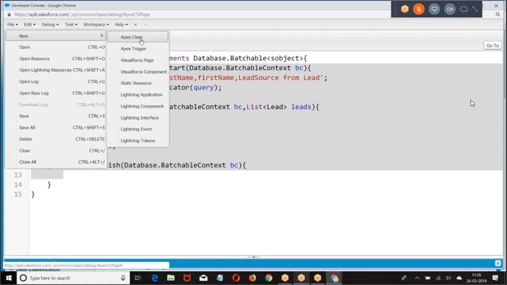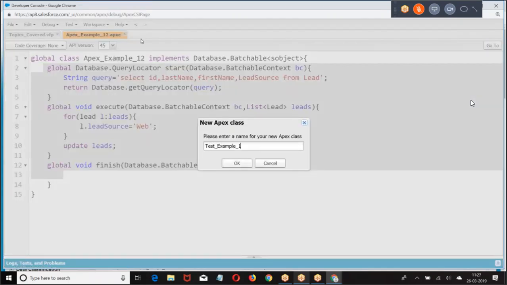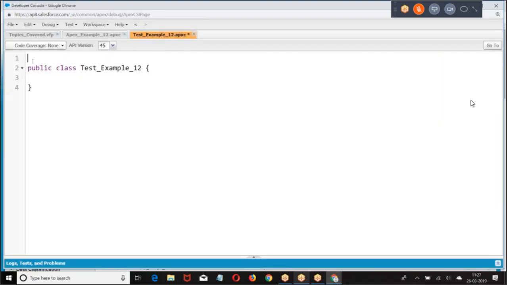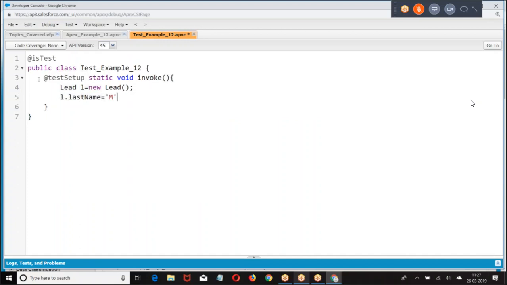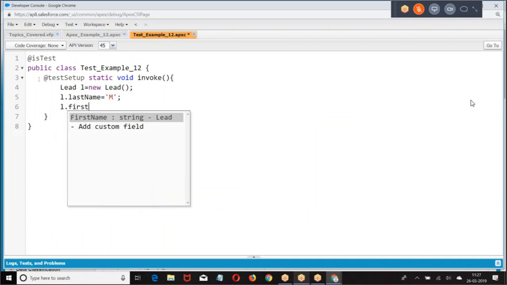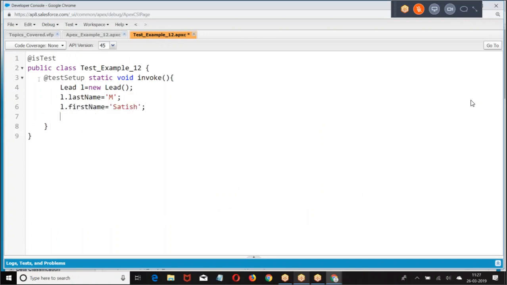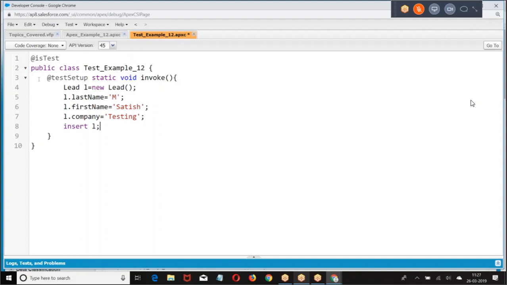So I was supposed to go with load company. This is what I have created. This is a lead data. Then I was supposed to test.